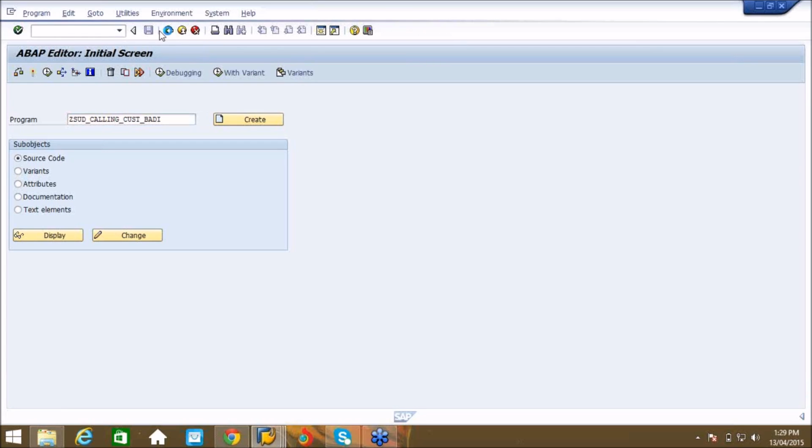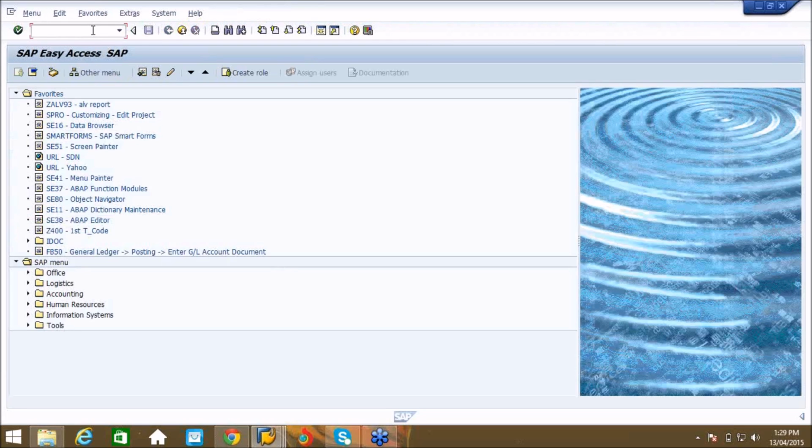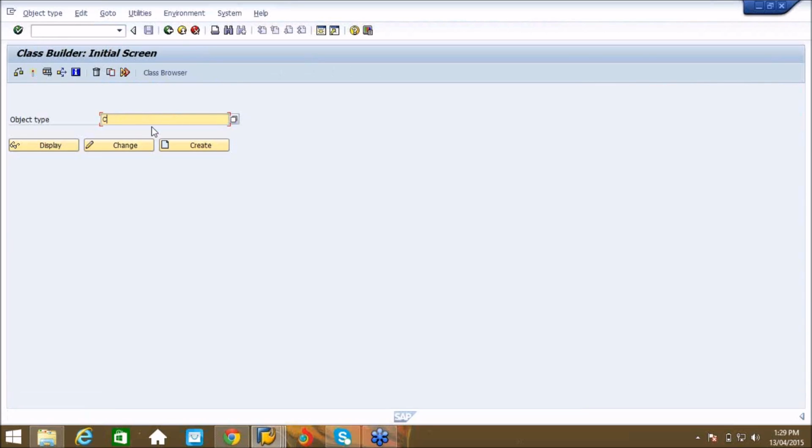Go to SE24. Here you have a class called CL_EXIT_HANDLER.